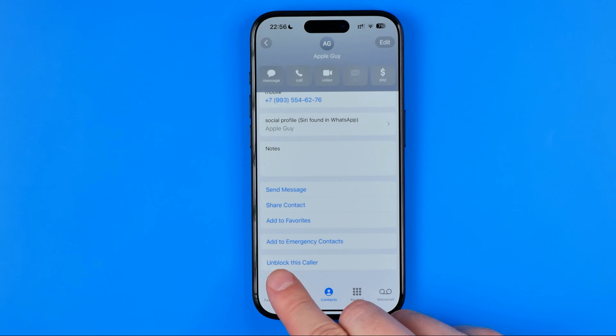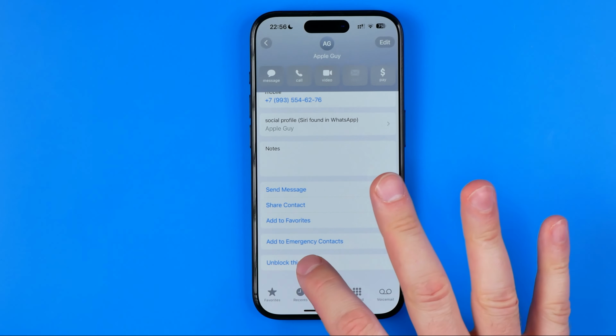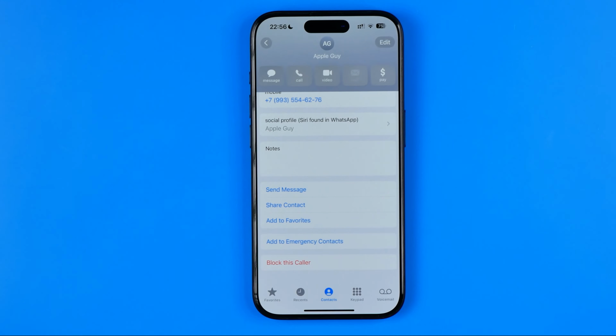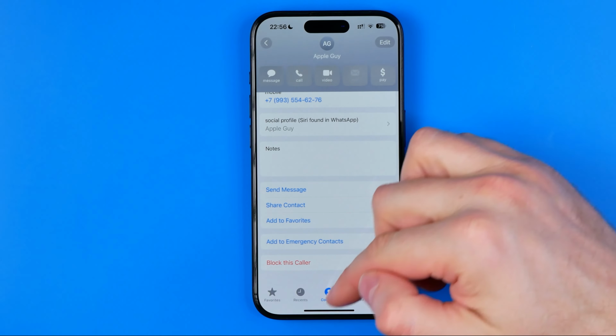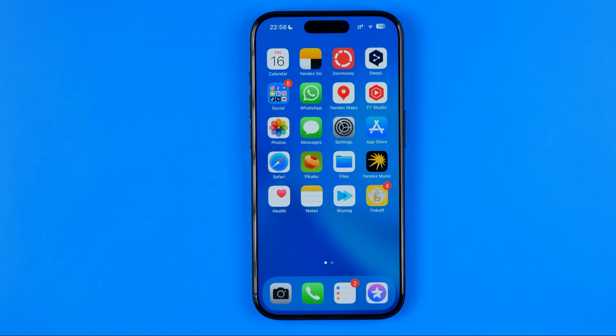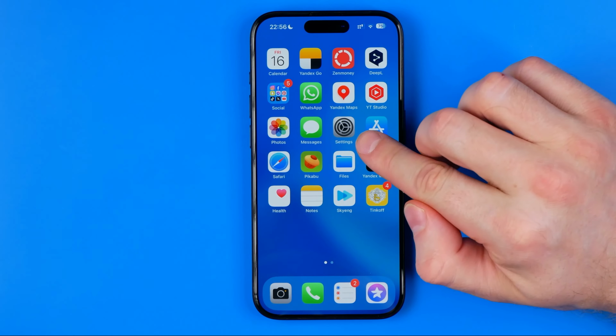If it says unblock, it definitely means that this particular user is currently blocked. So we can tap Unblock this Caller and it will immediately unblock them. However, if you blocked a user that is not in your contacts book, you cannot unblock them using this method. That's why I'm gonna show you another method of how we can do so, and to do that we need to